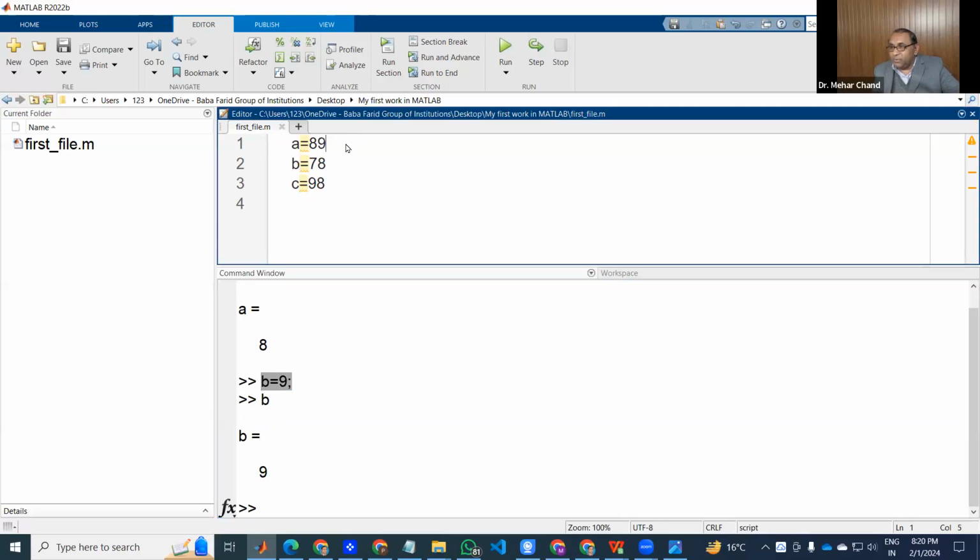Okay, so now semicolon and semicolon. Now you can see this is highlighted, but this is not highlighted. Also use CLC here, and clear. When you start to write the script file, always use CLC and clear. Okay, so when you run this file,